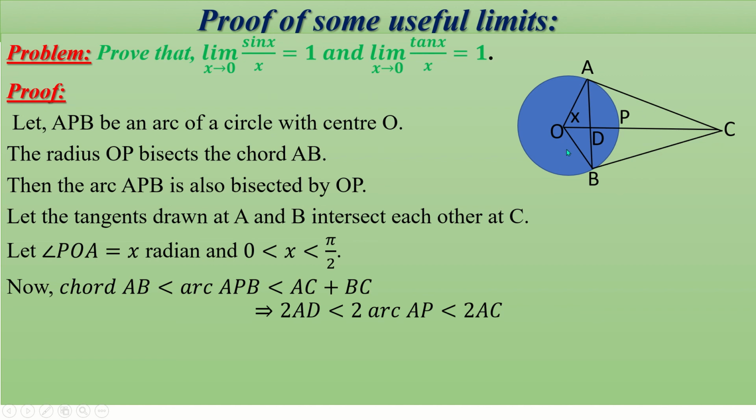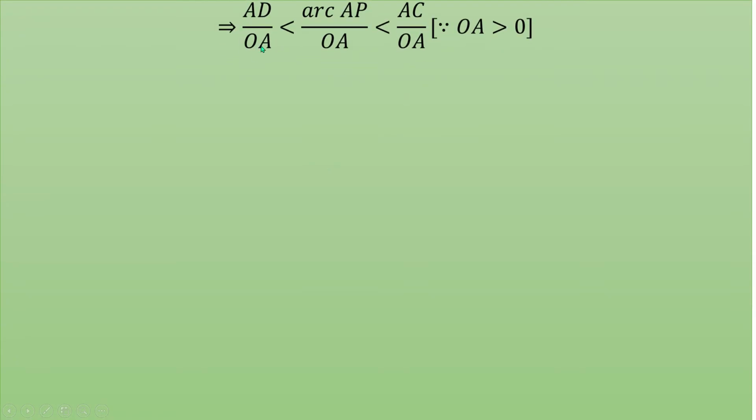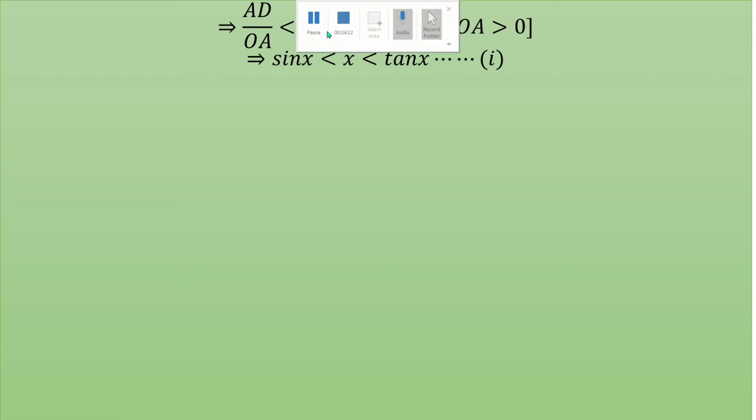As this and this are tangents to the same circle, AC and BC are equal. So AC plus BC equals 2 into AC. Now divide this by 2, and we get AD less than arc AP less than AC. Now divide this by OA, as OA is greater than 0. So AD by OA we can write as sin x, and arc divided by radius equals